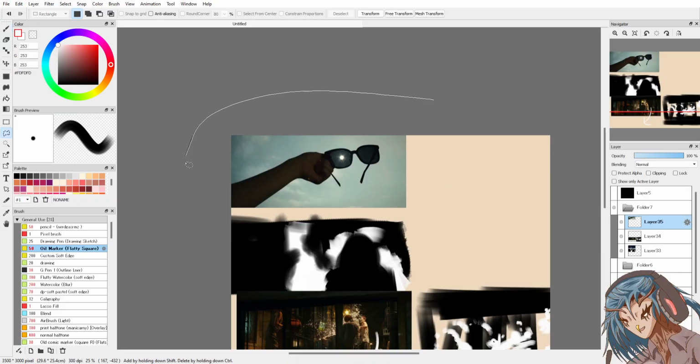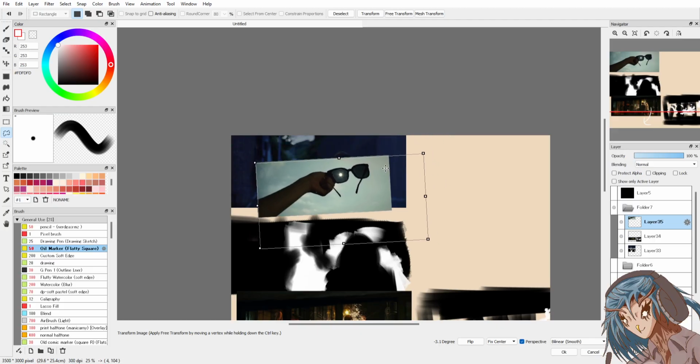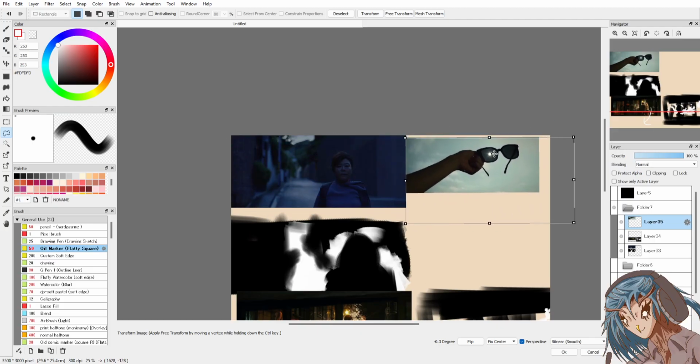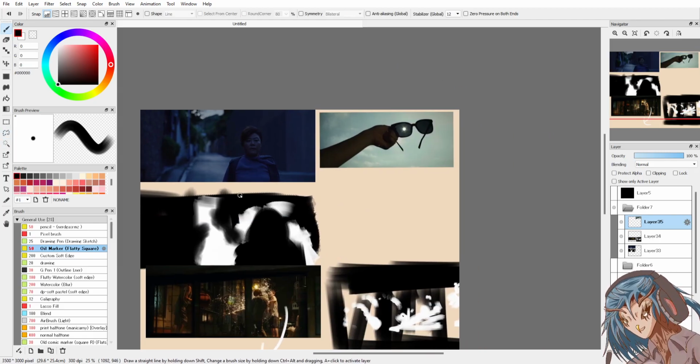I've seen this shot before. I don't know what it is. Striking thing on a white background. Object, sunglasses in the sky. I've seen this shot before.